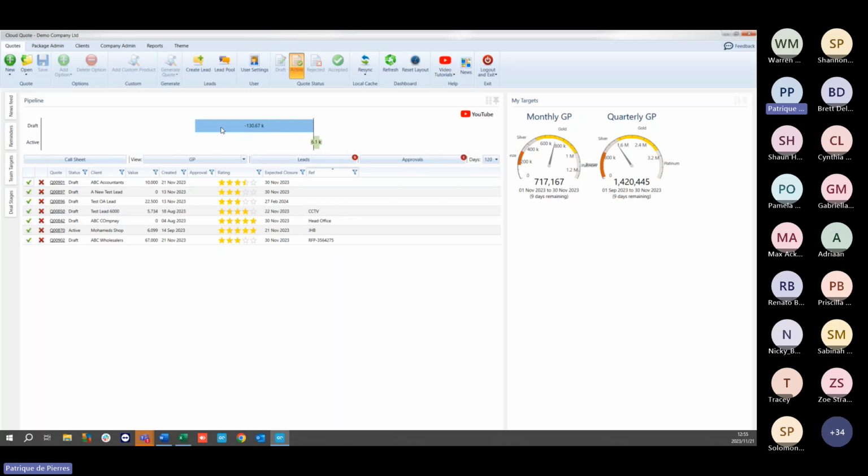This is just a little bug that we've got to squash, but effectively what's happening here is I just have to refresh this properly. If I refresh that, there we go. So now my pipeline's reflecting accurately. But what you can do here, guys, is if we look at your call sheets, it might be month end,